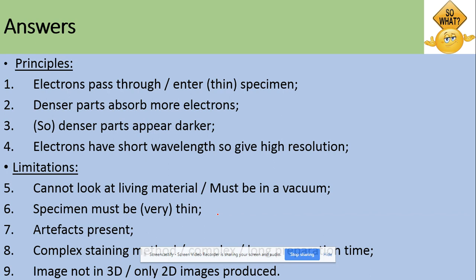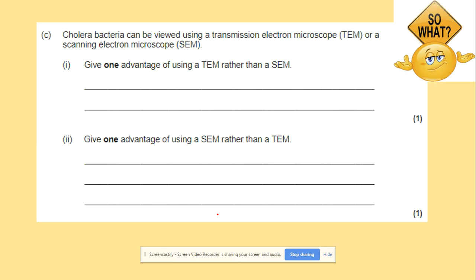Limitations: same answer. You cannot view living material, the specimen must be very thin, artifacts are present, complex staining method so long preparation, and we can view only a 2D image. So if you know your tables, you can answer any question. Right, so here, the advantage of using TEM rather